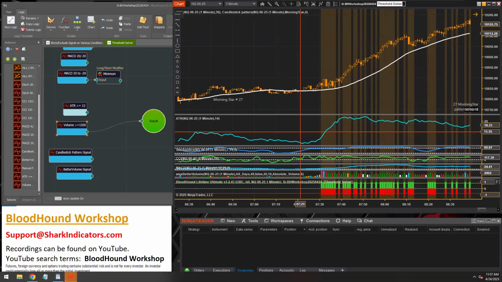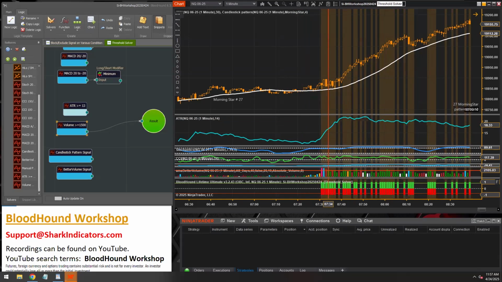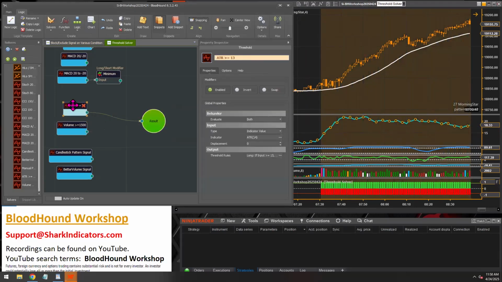All right, so there we go. Whenever our volume is greater than some level, there we go. Again, volume is non-directional, so you want to generate a long and a short output together. And I think it should be fairly obvious that maybe if your system works better when the market is